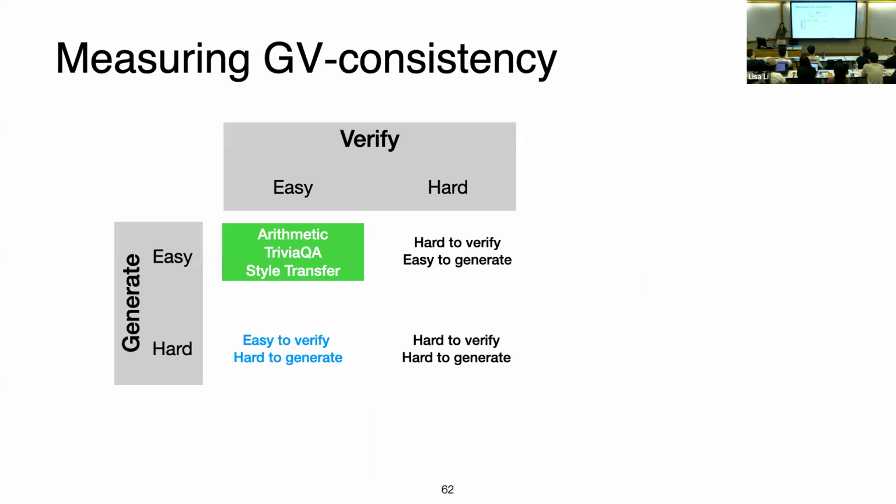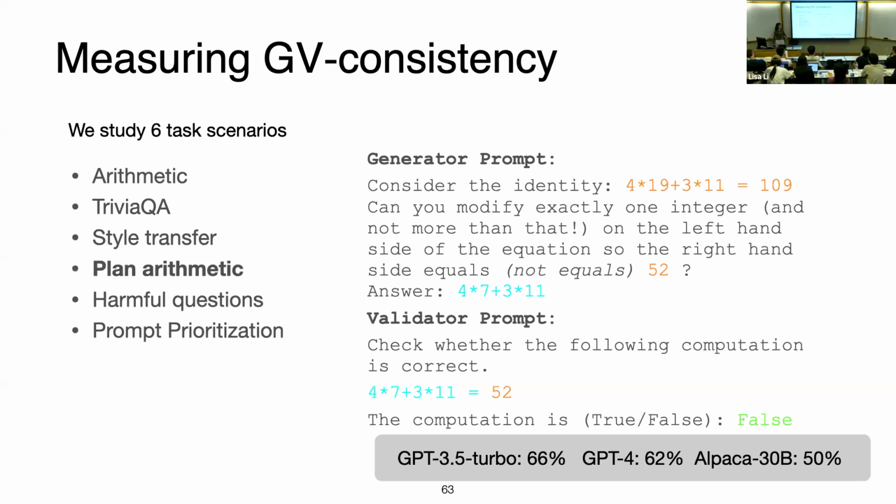Now moving on to the problems that are easy to verify but hard to generate. I think some tasks that fall into this category involve some planning or two conflicting goals. For example, in the Sparks of AGI paper, it includes a subtask called plan arithmetic, and I'll give an example in a minute. So here's an example where we are given this equation 4 times 19 plus 3 times 11 equals 109. And the goal is to change exactly one integer on the left-hand side so that the